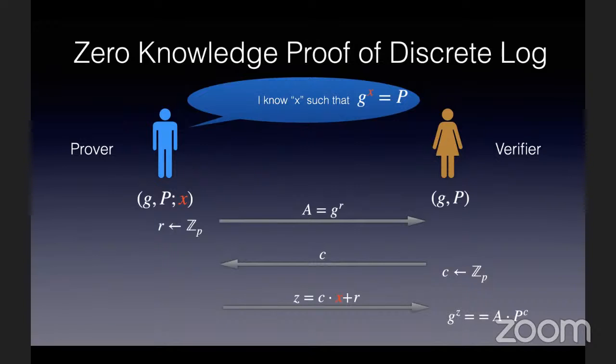Okay. But as we said, computing the discrete log is hard. But what if I know the discrete log and I just want to convince you that I know it? So let's say there is such a group as we discussed on the last page. I know some x and I compute g to the power x. Or let's say there's a p and I know an x such that g to the power x is p. Linking back to the previous slide, g is 4, so g is known, and p could be something like 12, in which case x would be 5.